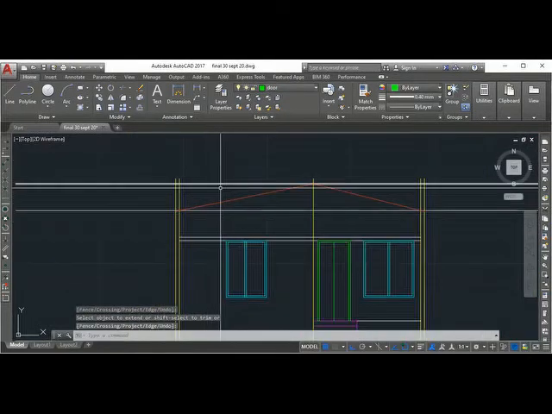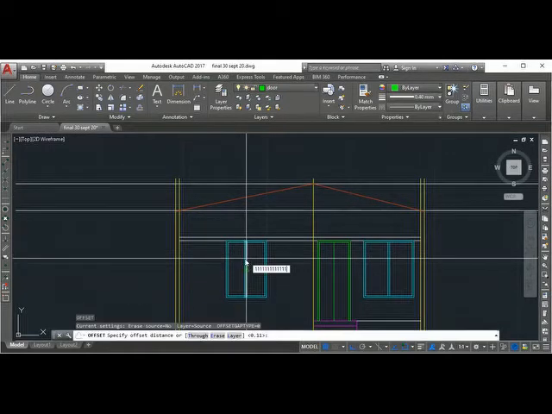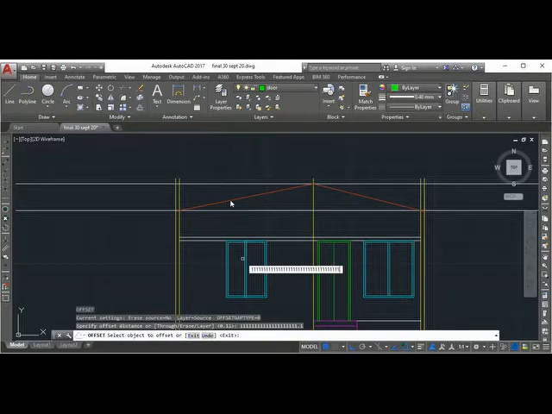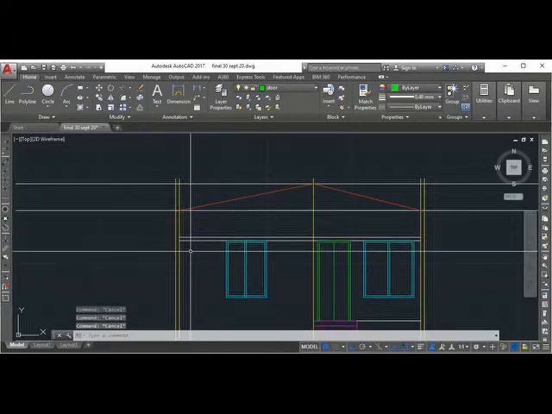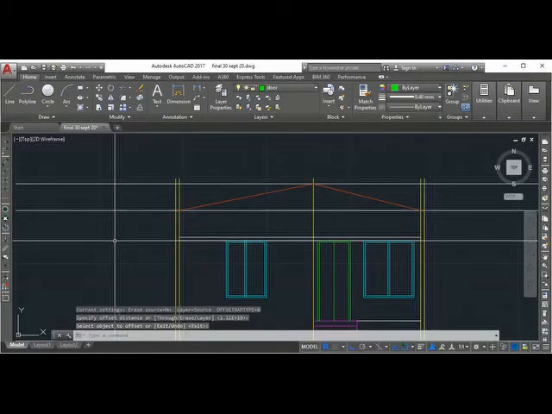And this is 100 mm offset. 100. I'm typing in meters. Offset.